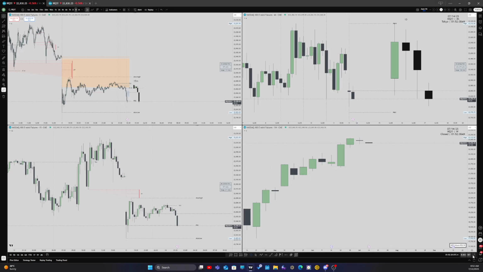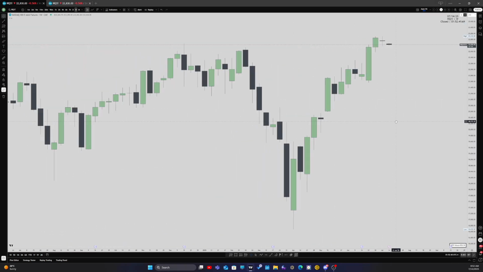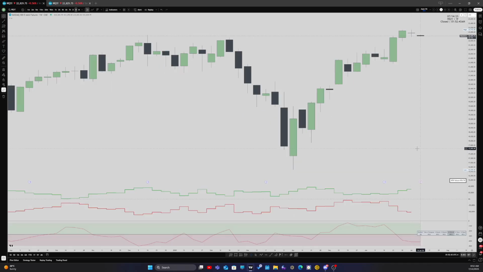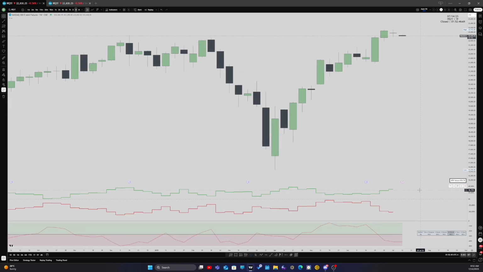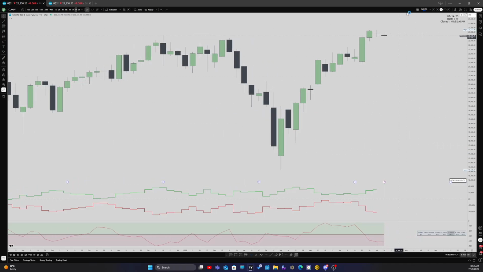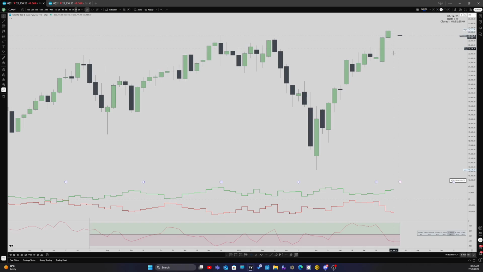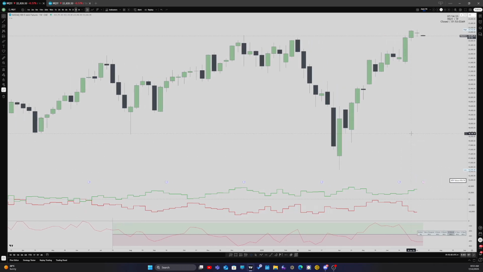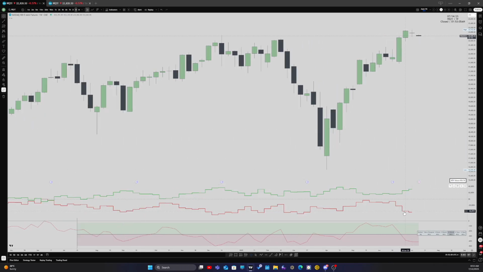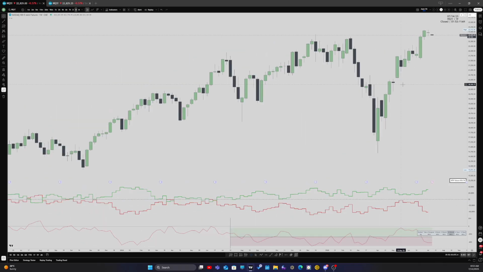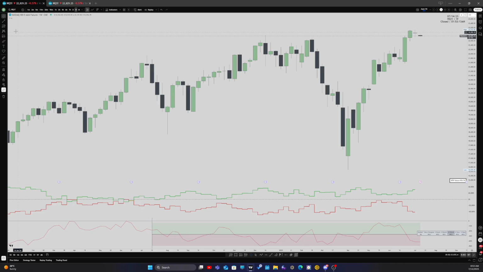Let's have a look at Nasdaq quickly. Nasdaq still is at all-time highs. However, as I was saying, I'm looking for the foreseeable future, immediate future, for Nasdaq to retrace, and that's mainly because of what we see in the commitment of traders report, where commercials are net short, and we see